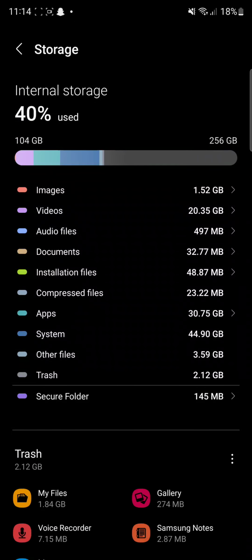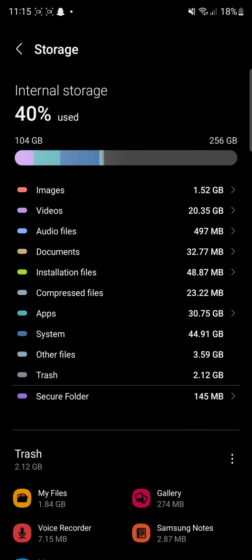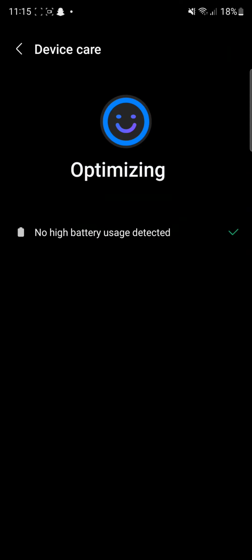Same thing goes for documents and videos, especially videos, because if you have a higher camera quality phone, you're going to find videos taking so much storage. So make sure you delete the videos that you don't want, or back up the videos and then delete them from the device. Okay, so once you delete it, now you can go on to optimize now,